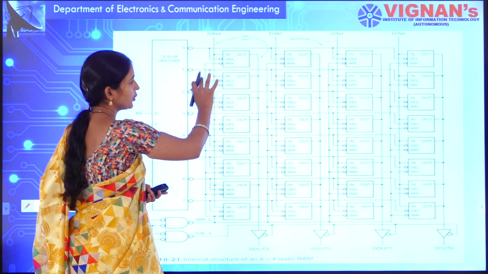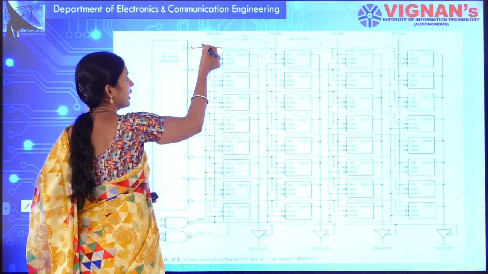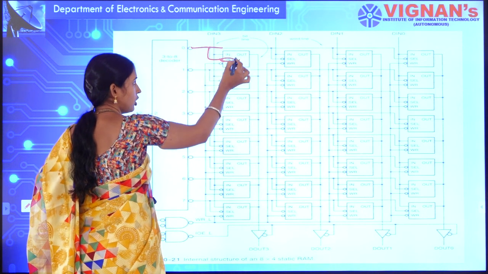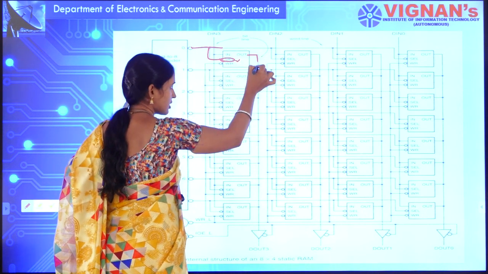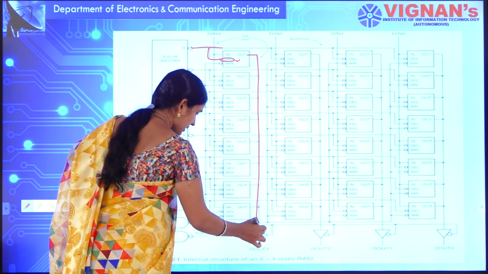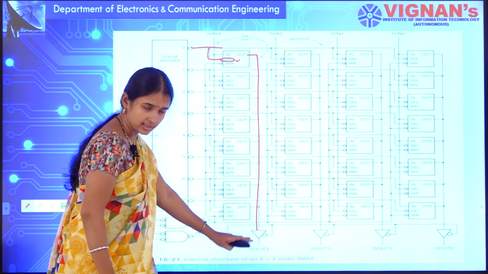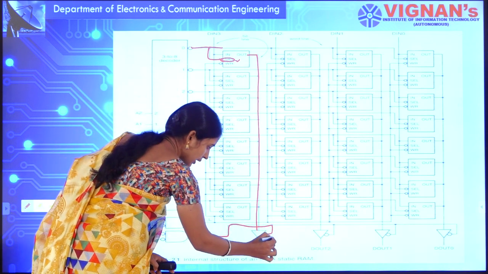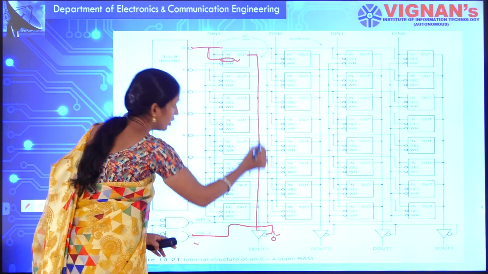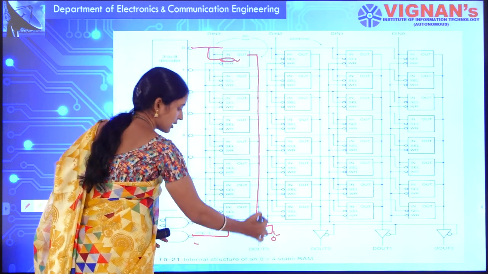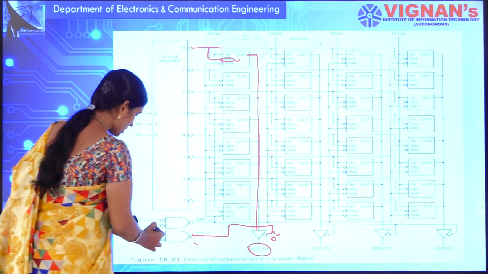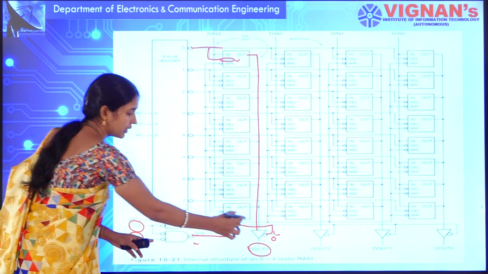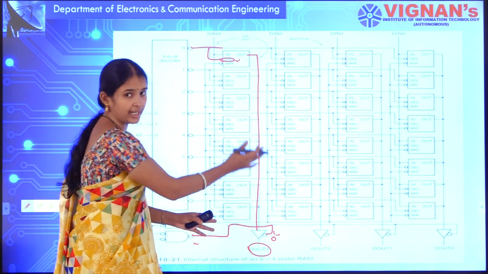If you want to read the data, as this word line is activated and the selection pin is also low, the data will be accessed at the output. Even though data is available at the output, the output enable pin should be active low. If it is active low, 0, then only will the data in that particular cell be accessed at the output. This is your chip select as well as output enable. Only if output is enabled can you read the data.